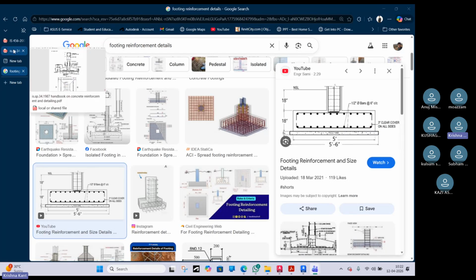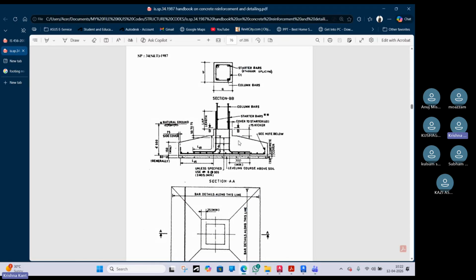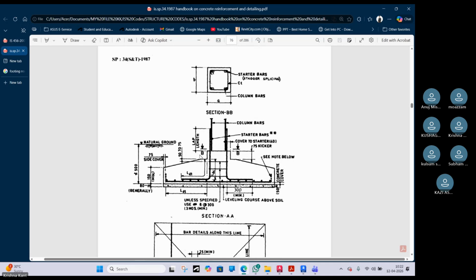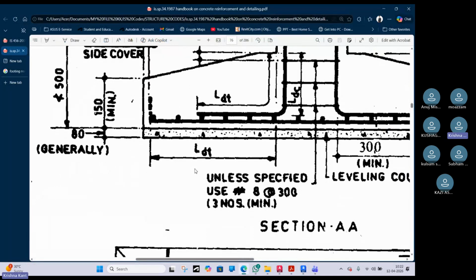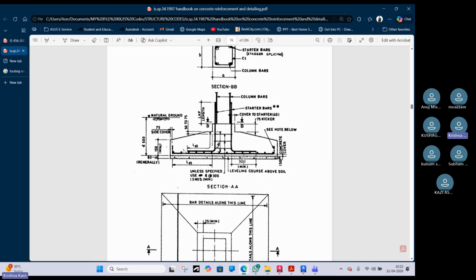Okay, in the code book of detailing SP34, there also you can see the dotted one. It is showing basically the other directional bar. Okay, and this one is the main bar, which is the black one, dark black, okay. Now the dotted one is the,